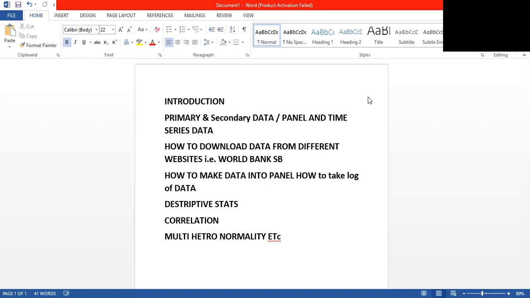Today we are going to have an introduction with Stata. We will also learn how to use Stata for different tests. We will also have an introduction with primary and secondary data, panel data, and time series data as well. How to download data from different websites like World Bank, State Bank of Pakistan, and how to